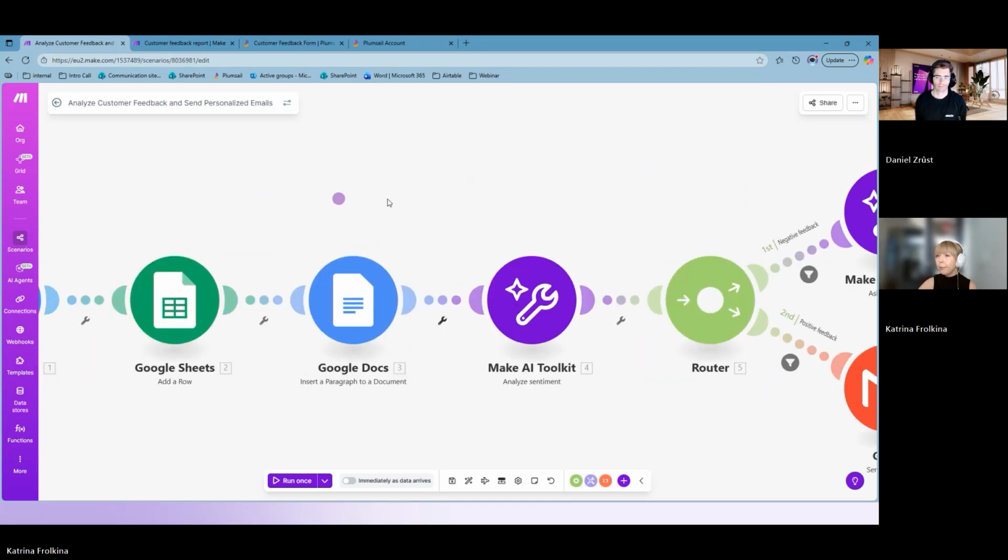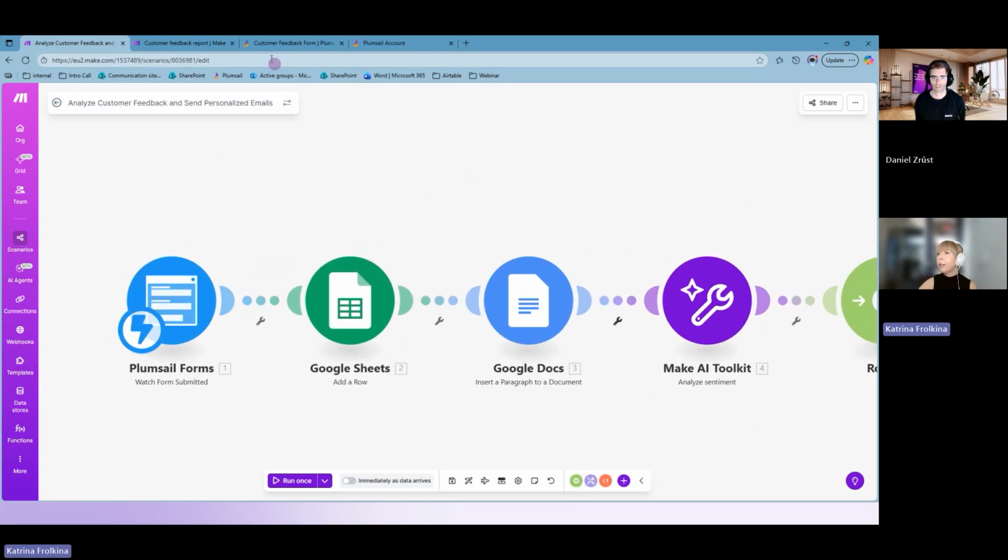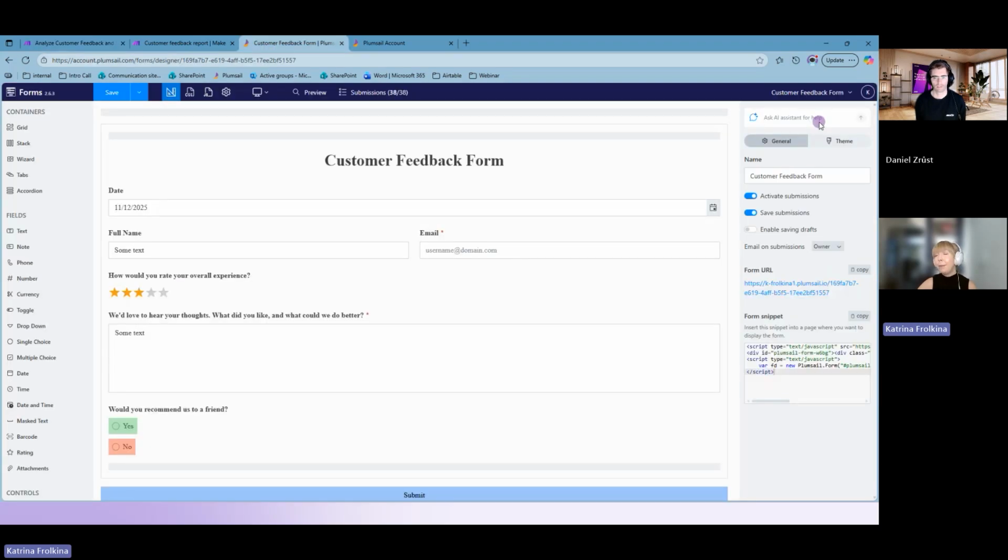And as I promised earlier, we'll also take a look at the AI assistant from Plumsail Public Web Forms. As you can see, the form is fully created already and I actually used the Make AI assistant to create this form originally. But let's see, so we have date, full name, email. Let's also ask for the company where the customer is from. So we can ask it, please add a field